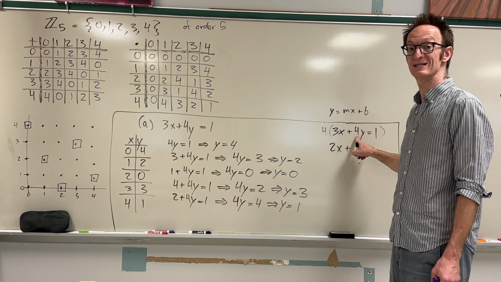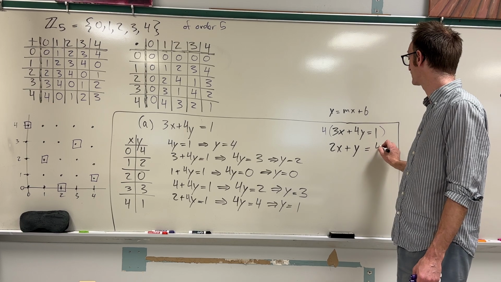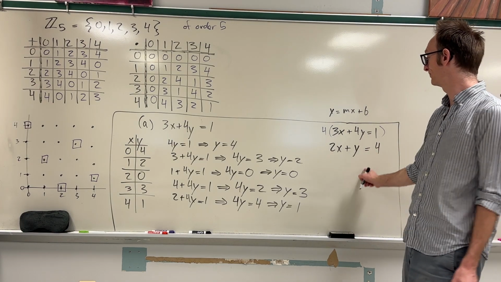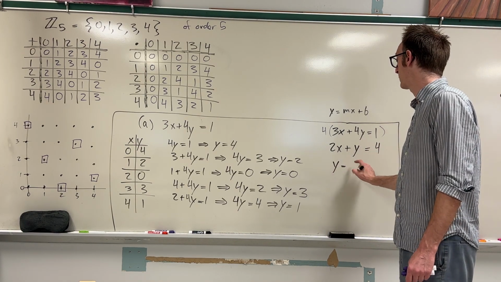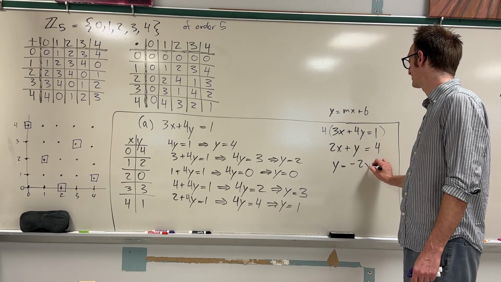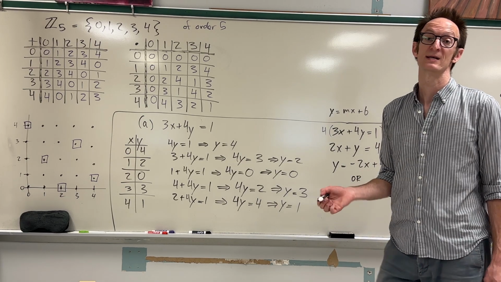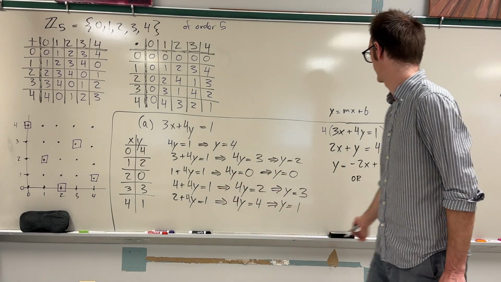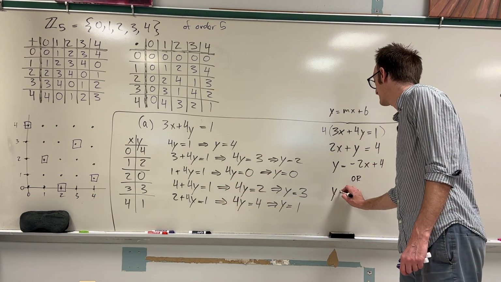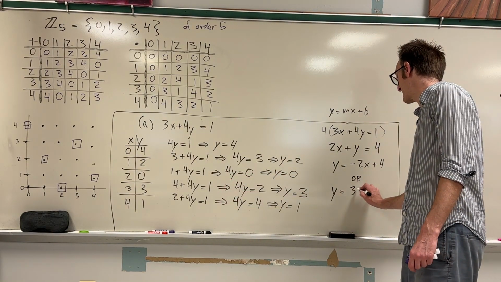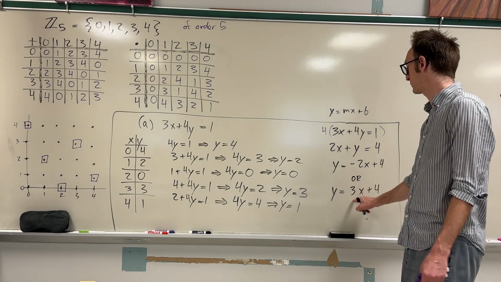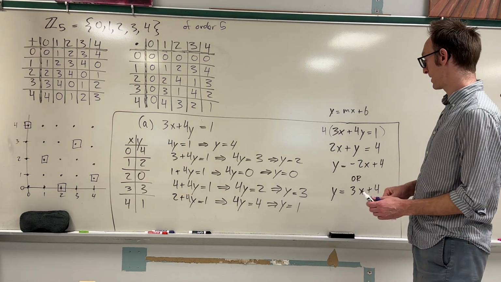4 times 4 is 16, so that's just y equals 4. So now you get this equation, which you can either write as y equals negative 2x plus 4, or if you prefer, if you don't like negative 2 for some reason, then you can think of it as y equals 3x plus 4, since 3 and negative 2 are